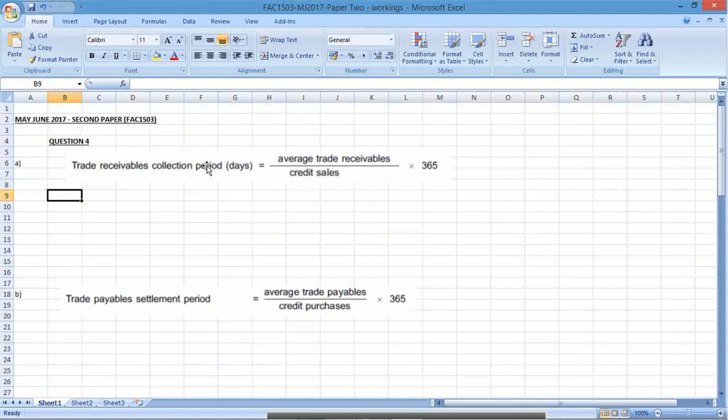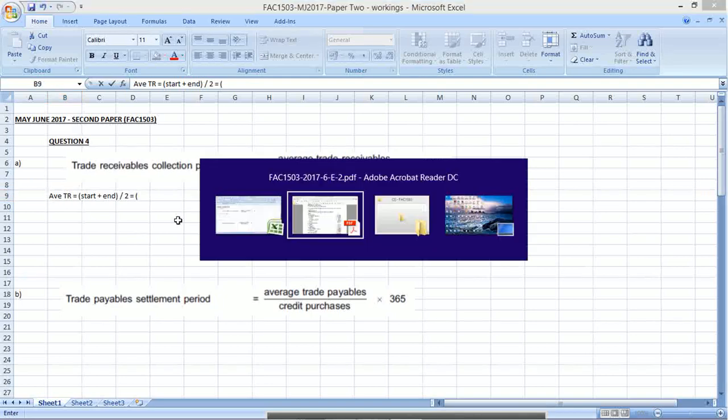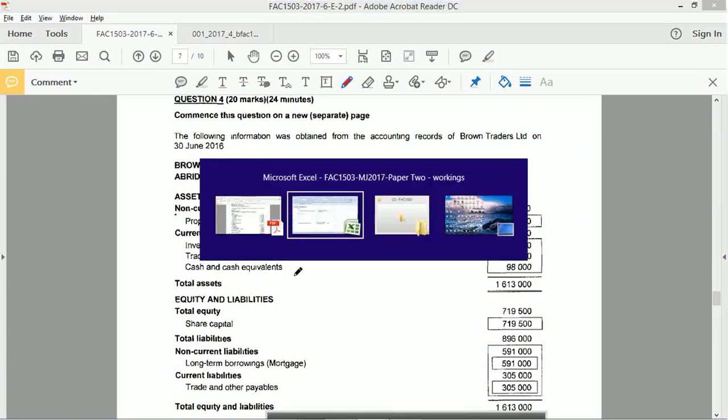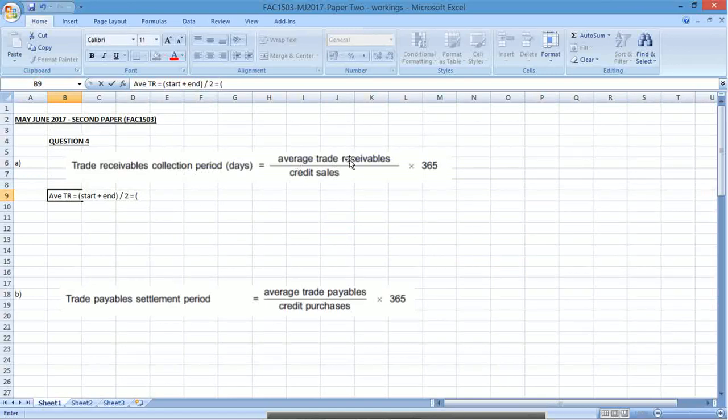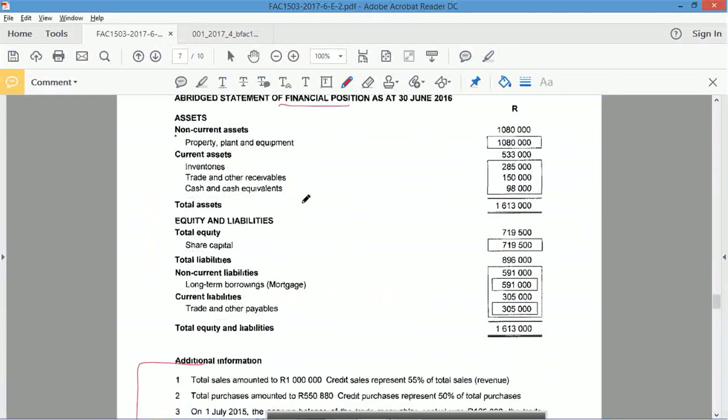Go back. Trade receivables collection period. I'm going to need average trade receivables. Average trade receivables, we know, is start plus end divided by 2. Just a quick question: the answer becomes the same at the end if you start with the end. Doesn't matter. You can go end plus start divided by 2. It doesn't matter which one you add, but you need to add the right amounts. So my trade receivables are here,